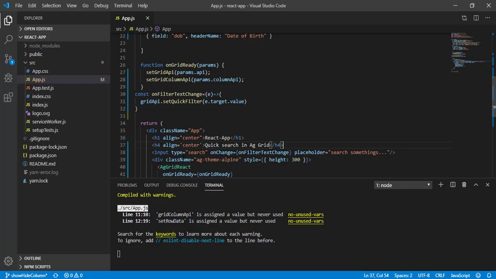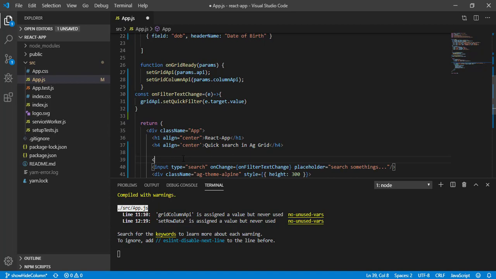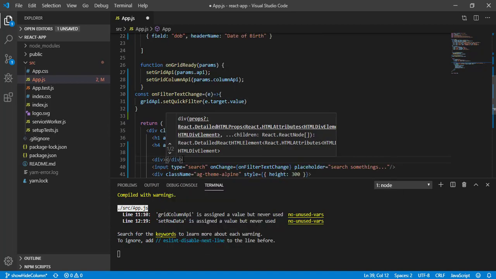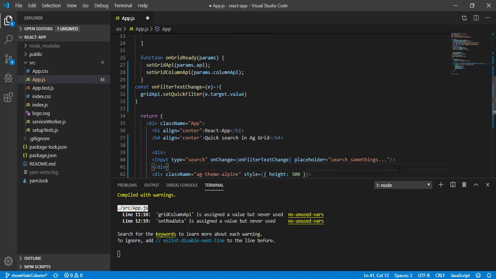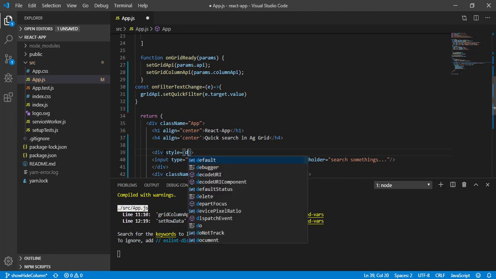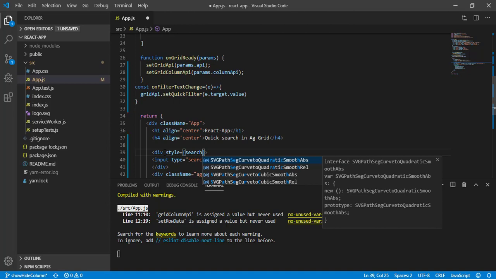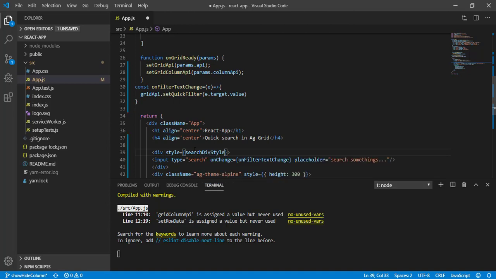So now it's time to design our component. Let's break the line and wrap this input component with a div. Now here let's give a styling, and let's call it searchDivStyle.